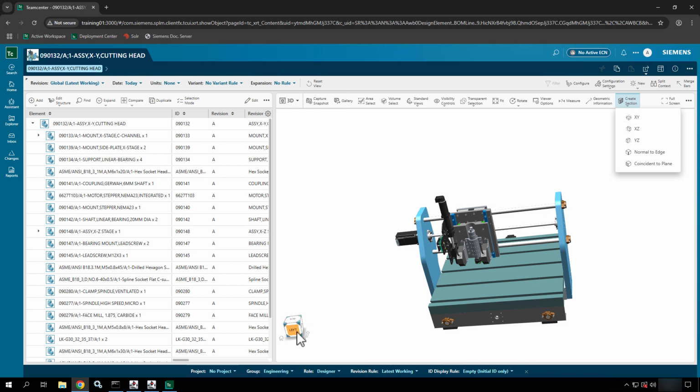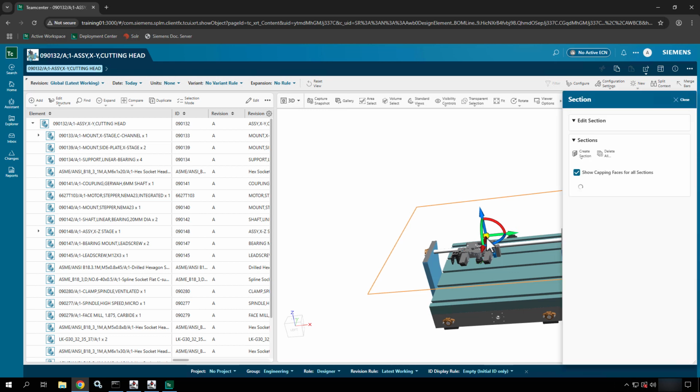Notice the origin down in the corner. You can use this to kind of rotate around or pick your views, but it'll show you that the Z and X axis is this way. I want my section to be on the X and Y axis. So I'm going to select that. And then once it loads up, I'll be able to interact with that section. So here we go. I get this big origin in the middle, and you can see that it is loaded up. So now I can see my section and I can expand it and I can create a new section,